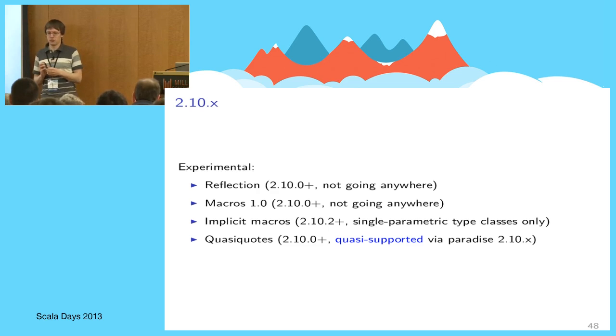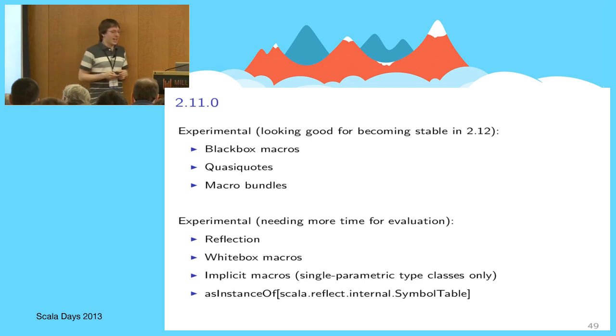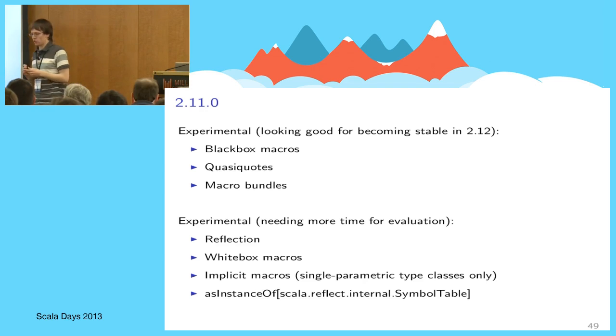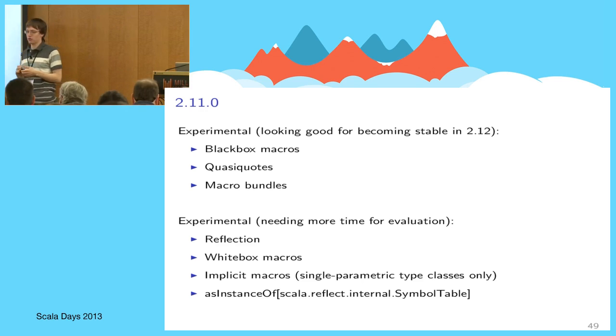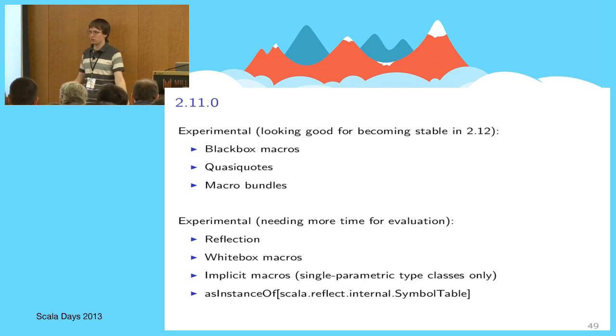So yeah, everything's fine, except for one detail. And that's what we'll figure out later. Now 2.11. What happens with macros in 2.11, which is scheduled to be released in January of next year? Well, tentatively, right? First of all, as I said, we are going to make macros really simple to use. And for that, we are going to figure out a stable subset of macros called black box macros. This is the stuff that we hope to completely stabilize in 2.12. And in 2.11, we will promote them as the way to write macros.